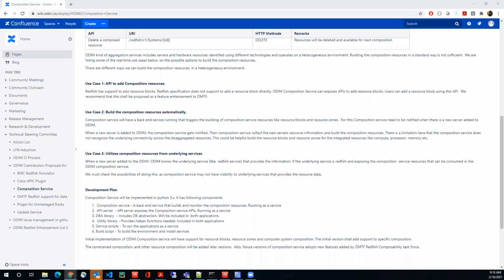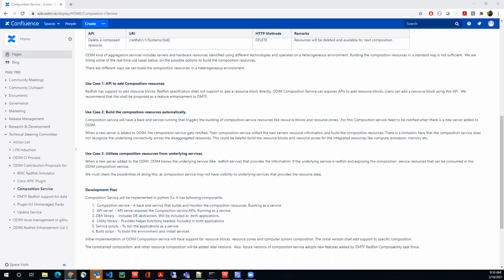But if disaggregated resources like external storage are discovered, we really do not have a way. We need to identify the option or intelligence for how we can add those resource blocks into a specific resource zone that can be composed. That part is kind of challenging for us.